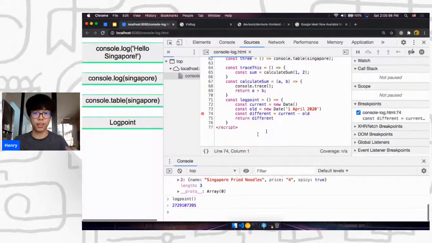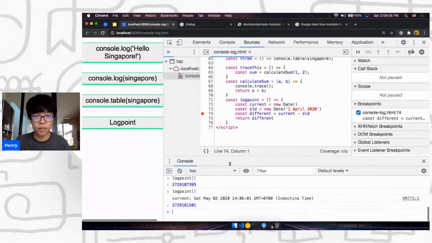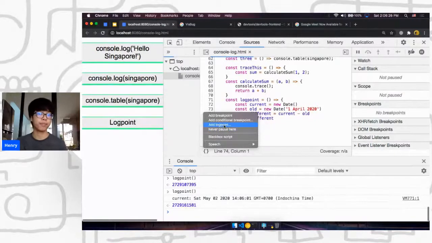If we press enter, okay. So whenever it runs this thing, it will generate a log. So if you run again, remember this thing. Oh, I just removed it. So if you just console log directly in this thing without modifying your code, you can basically console log without changing your code. Super fun. It's super useful. So you don't need to modify your code, or if you are testing in production and you want to see the result, you can do this. So what you need to do is right click on the line of code and select add log point. Okay. Next thing